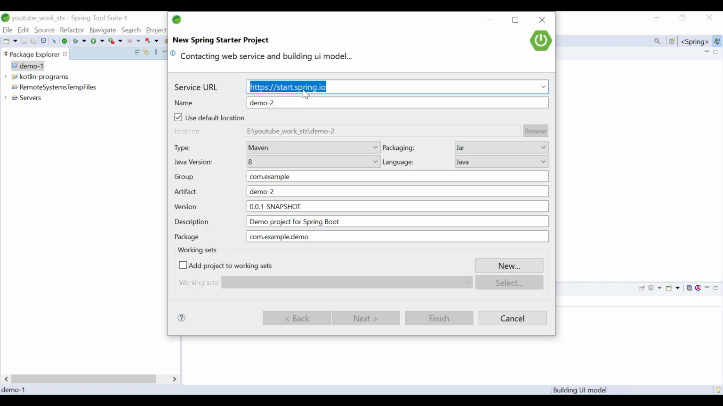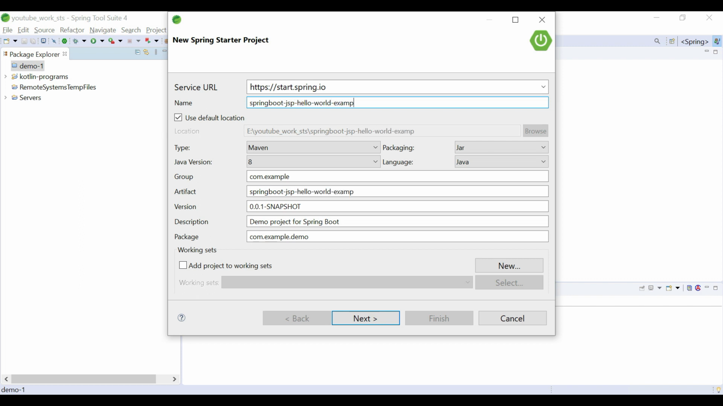So look here, this is the Spring Initializr website URL. Spring Initializr is integrated in the Eclipse STS IDE, and we are going to use Spring Initializr to quickly create and bootstrap our Spring Boot application. So let's give a name to our application as Spring Boot JSP Hello World example. Okay, and keep type Maven and packaging as jar, Java version 8, language Java, and here let's give